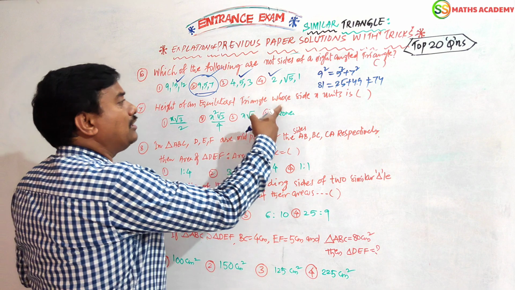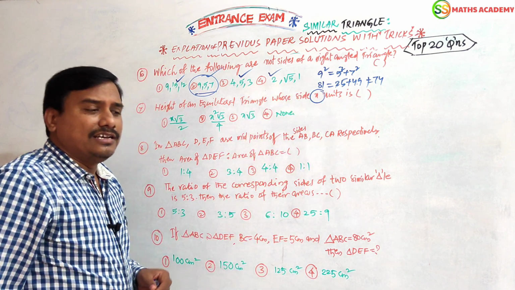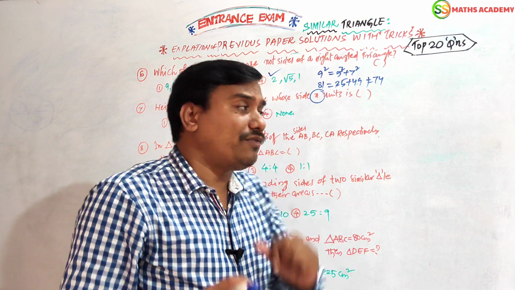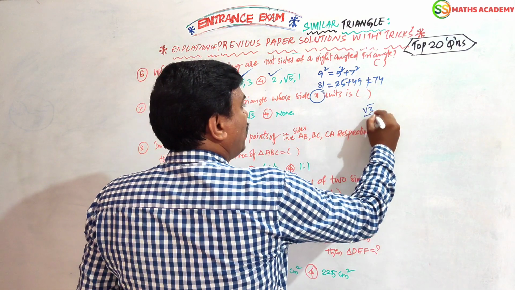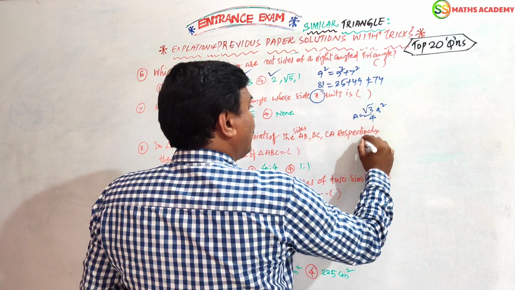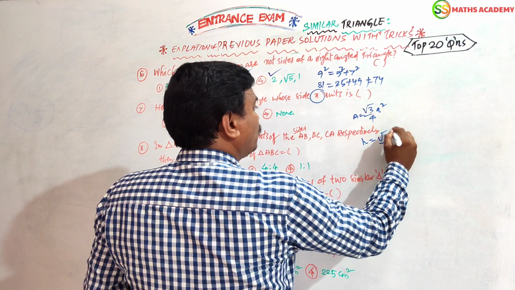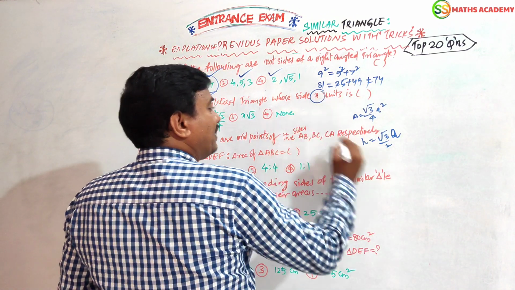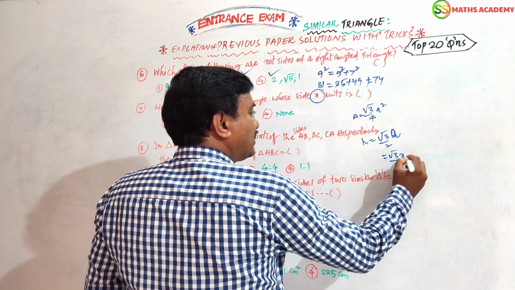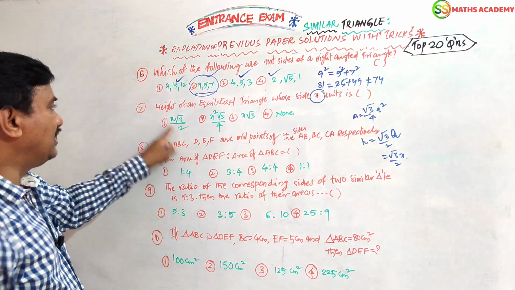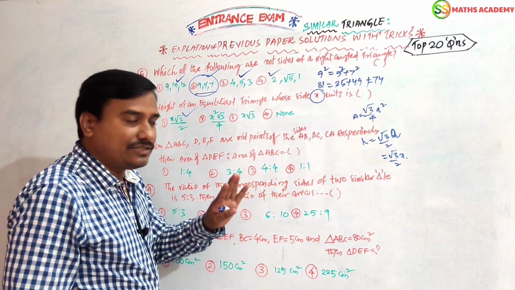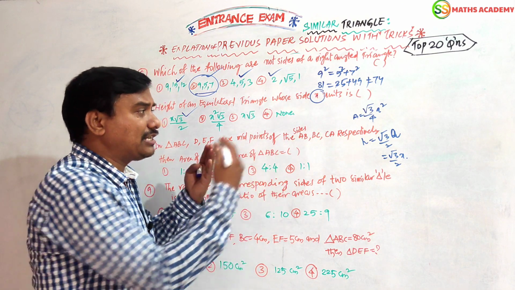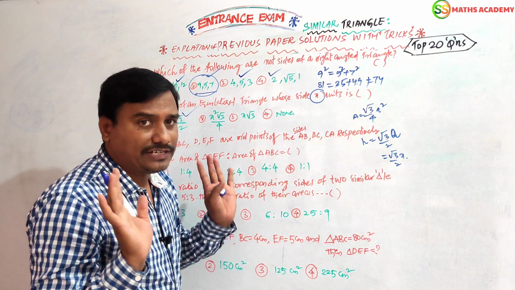Height of an equilateral triangle whose side is x units. Here I have to tell you two formulas. Area of an equilateral triangle is nothing but root 3 by 4 a square. Now the height of an equilateral triangle is nothing but root 3 by 2 into a. Here a means x, given. Nothing but root 3 by 2 into x. This is the answer. Just know the formula, get the answer. Here, if any one value is given, we can substitute the value in the place of x, then you will get a perfect answer. Okay, now?